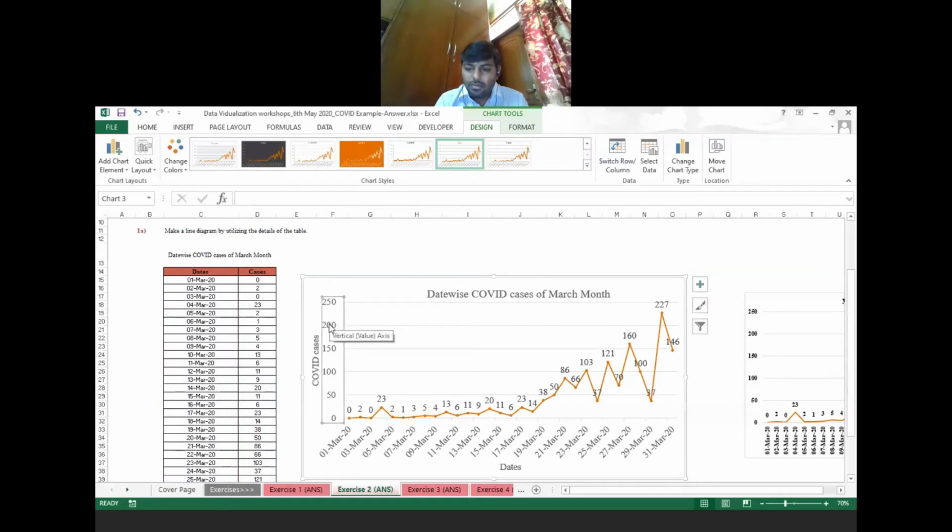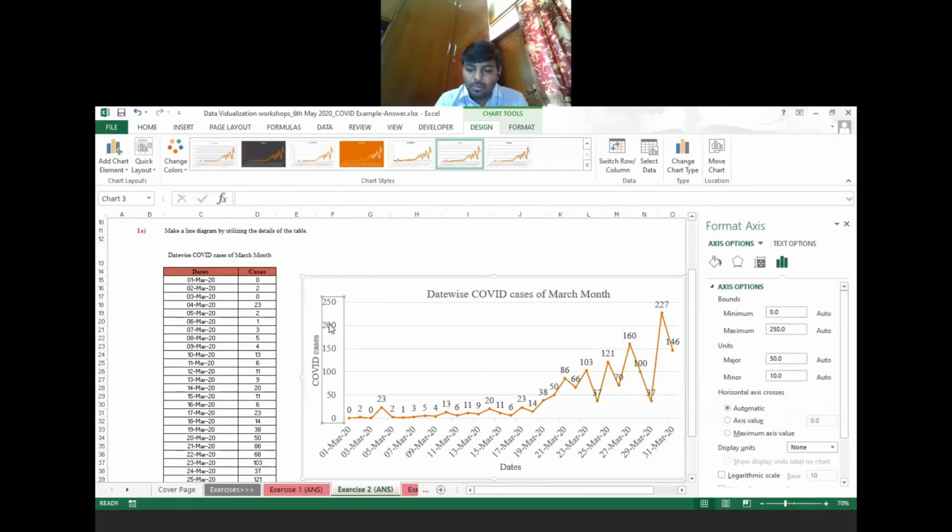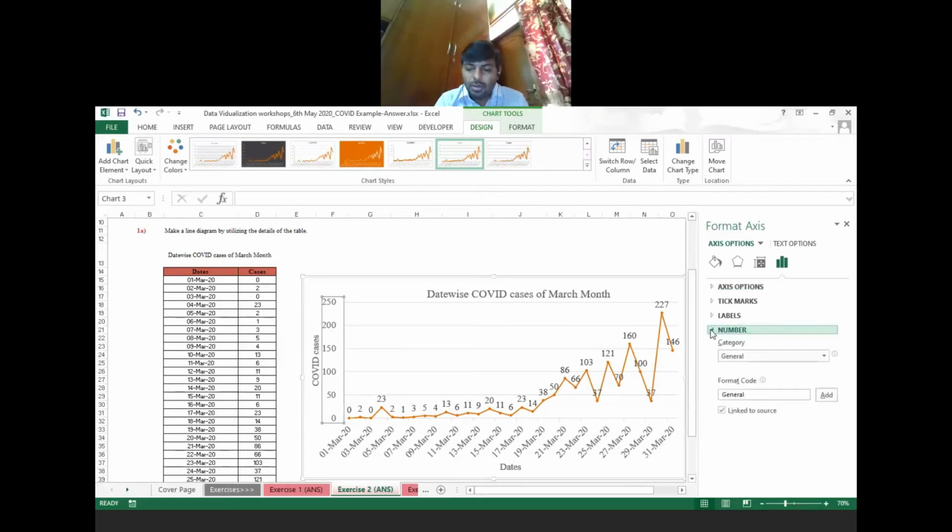Otherwise, you simply click on the y-axis. By double clicking on the y-axis, you'll get so many options. There is a fourth option named numbers. In the number section, you'll get an option, category. By clicking on the category, you'll have so many other options. Is it okay?